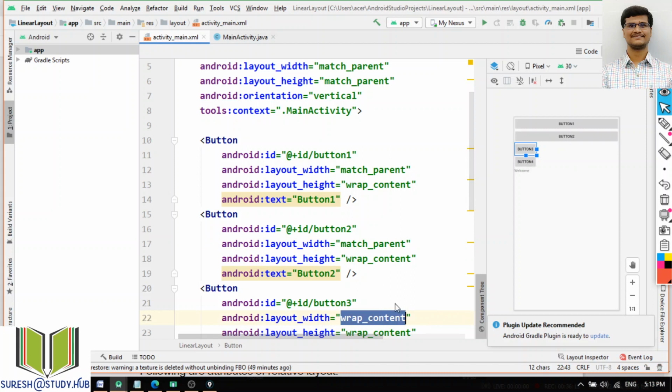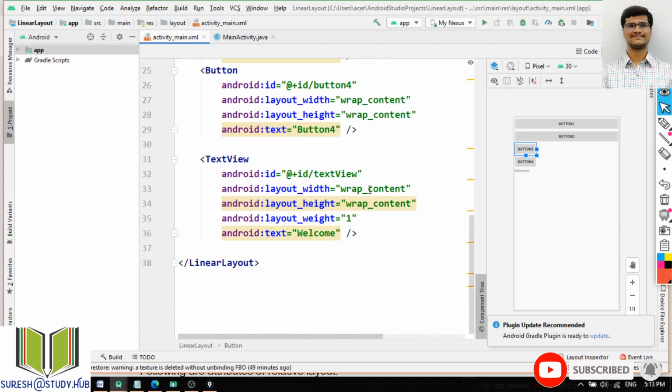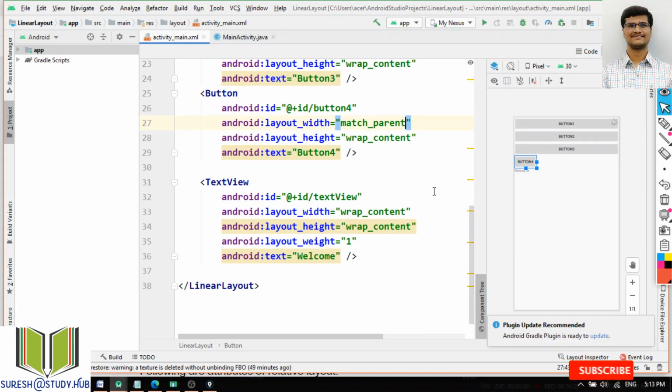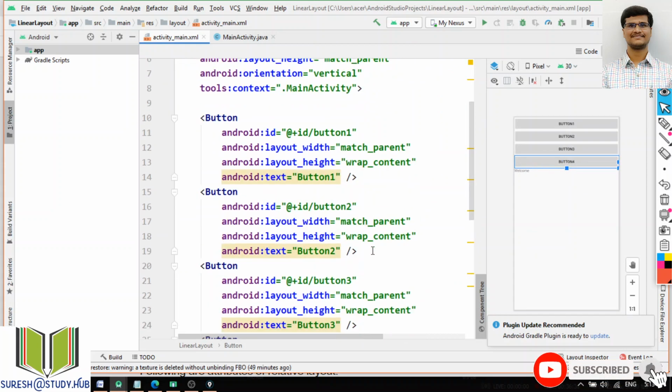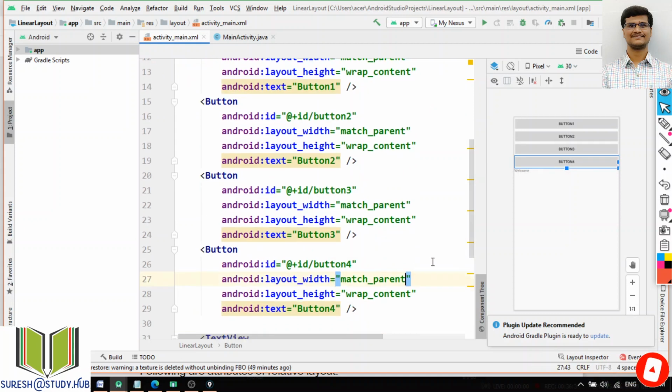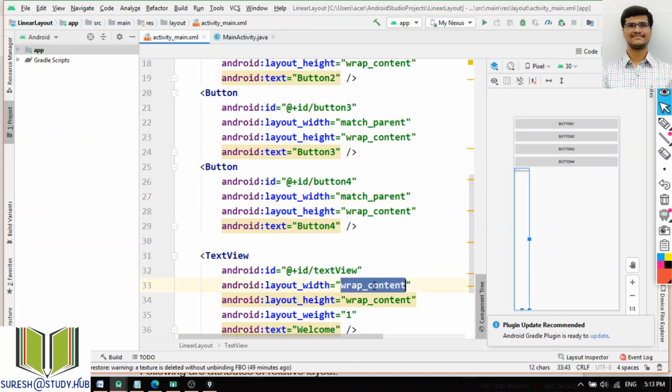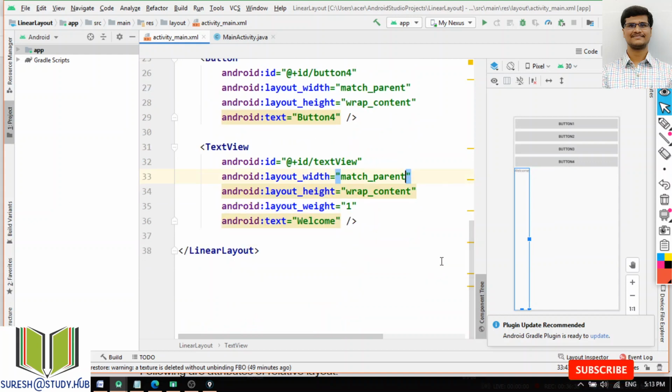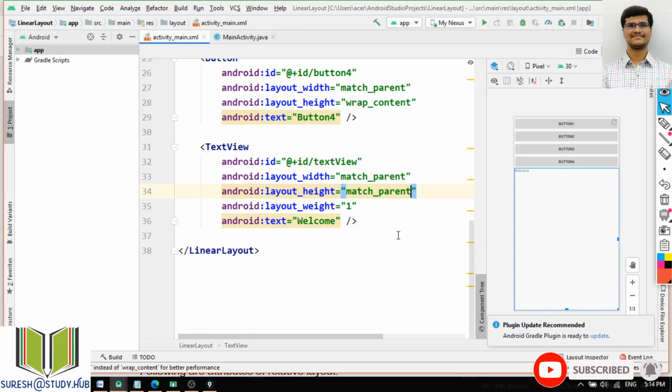For the third one, for the fourth one, and for the text view also I will use match parent. Okay. So height also, not wrap content.